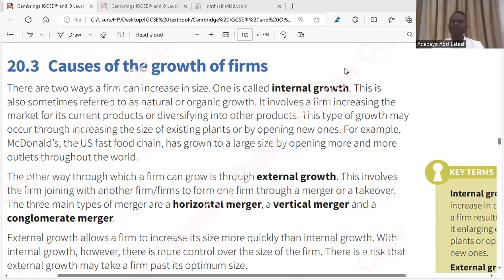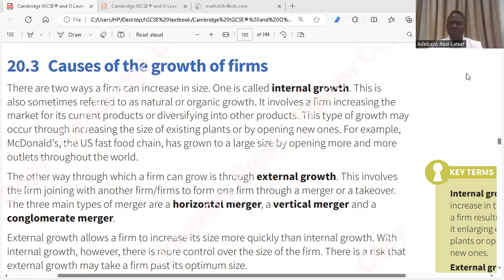Merger occurs when two firms come together to have a new name. Do you understand? That is merger. So firm A and firm B coming together to become firm C. But when it comes to takeover, it means firm A is buying over firm B to remain firm A. So either way, they are both integration, which is external. Is it clear? Yes.